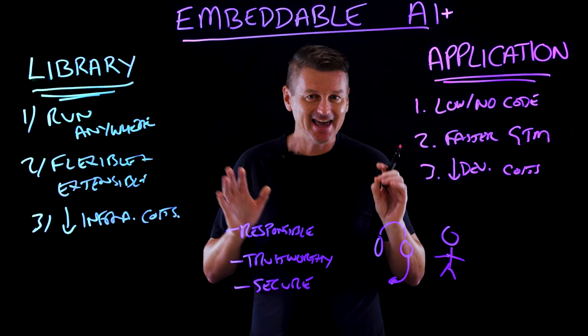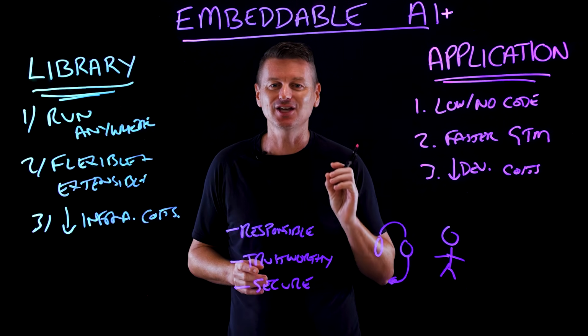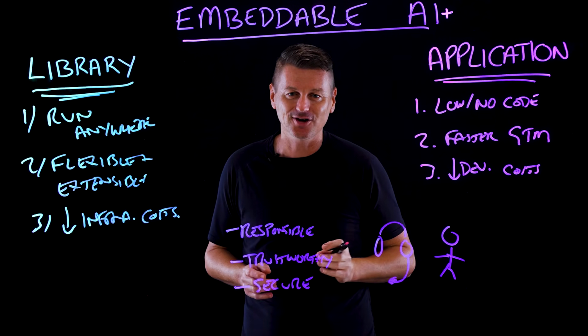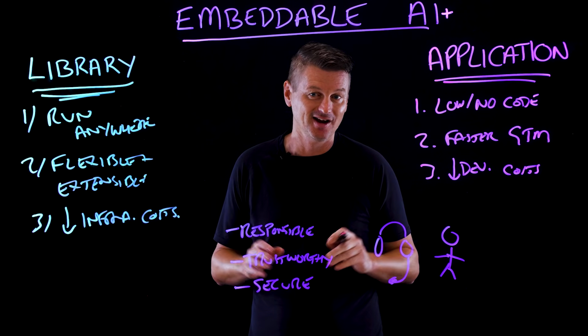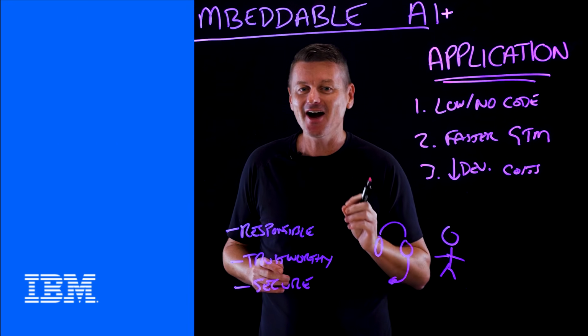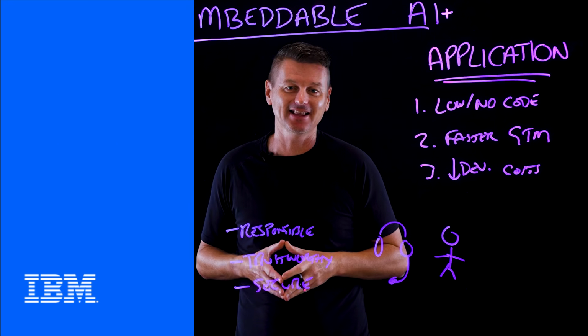The key is to evaluate your specific use cases, existing infrastructure, and organizational goals to determine the best deployment option. Remember, the success of AI deployment lies in understanding your needs and leveraging the strengths of each form factor to drive innovation and unlock the full potential of AI-powered solutions.